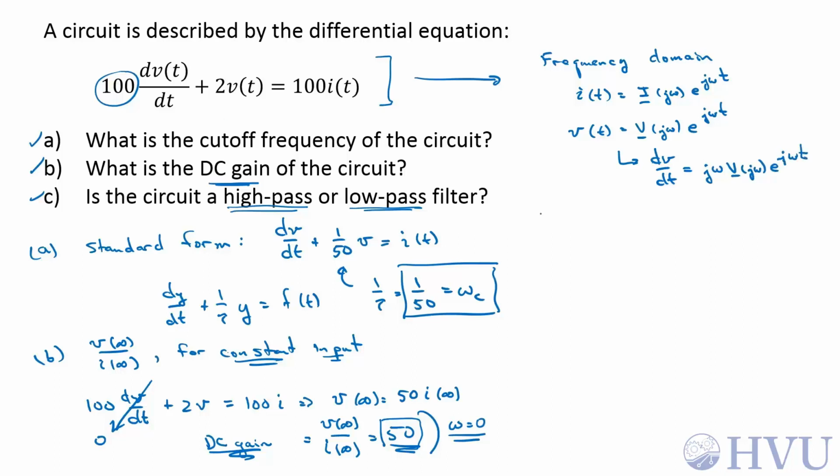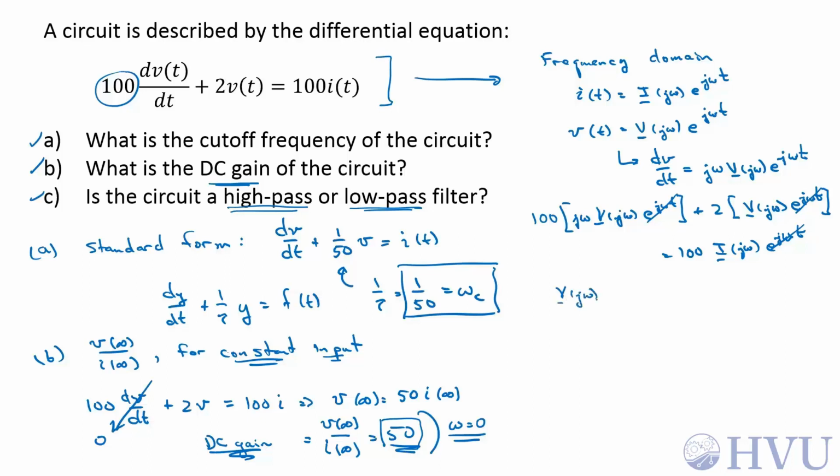Plugging all that into this differential equation, we get 100 dV/dt, which is j omega V of j omega e to the j omega t, plus 2 times V, which is the voltage phasor as a function of frequency, e to the j omega t. That's equal to 100 times I as a phasor function of frequency, e to the j omega t. As always, the e to the j omega t's cancel, and solving for V of j omega, that is going